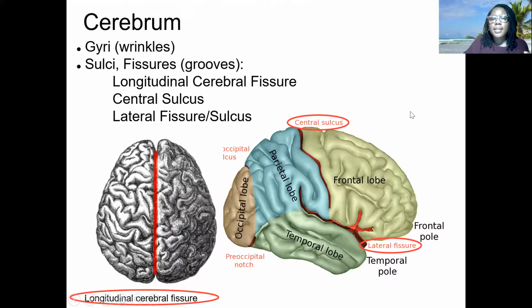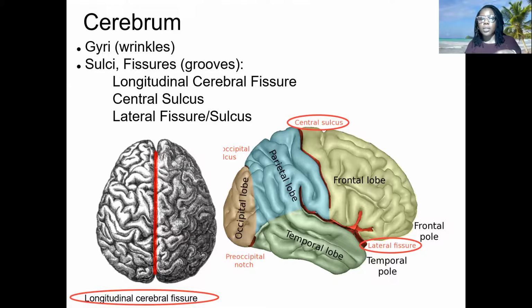The second one is the central sulcus. And the central sulcus is this invagination in between the parietal lobe posteriorly and the frontal lobe anteriorly. So we've got the central sulcus that pretty much chops or divides the cerebrum into the anterior frontal lobe and